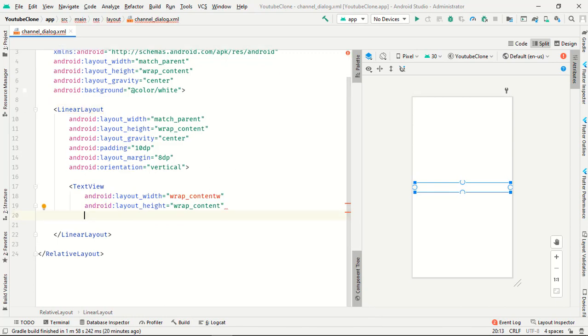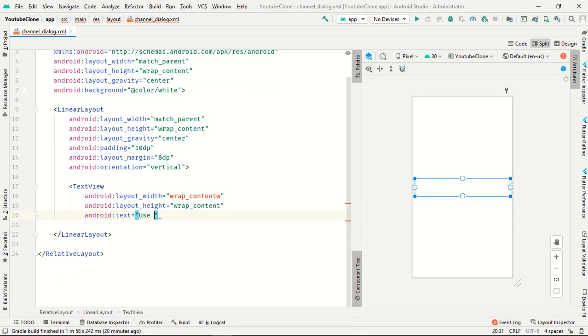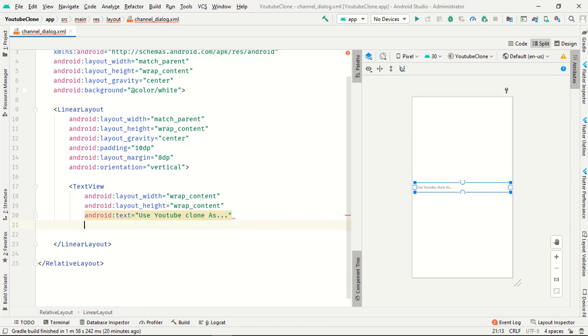Now we want the text; we use YouTube clone as text.